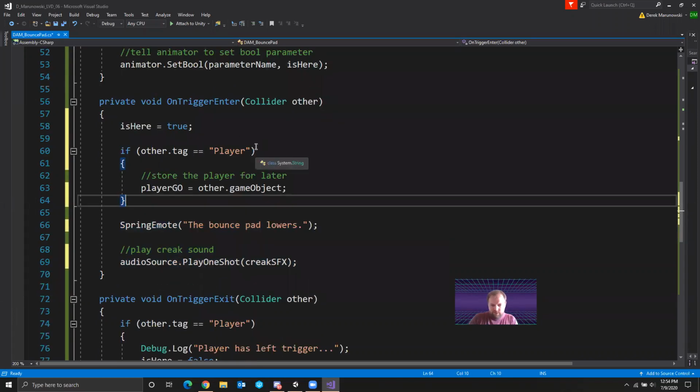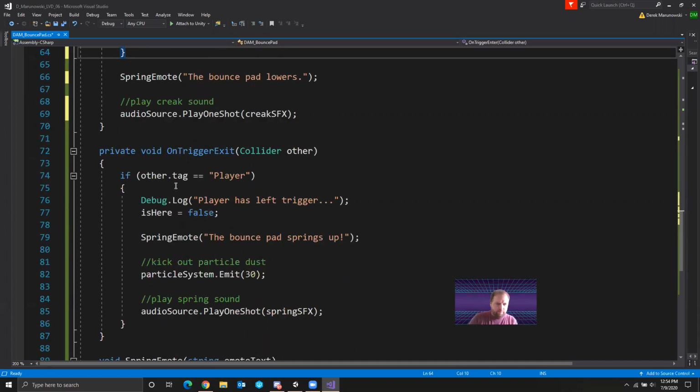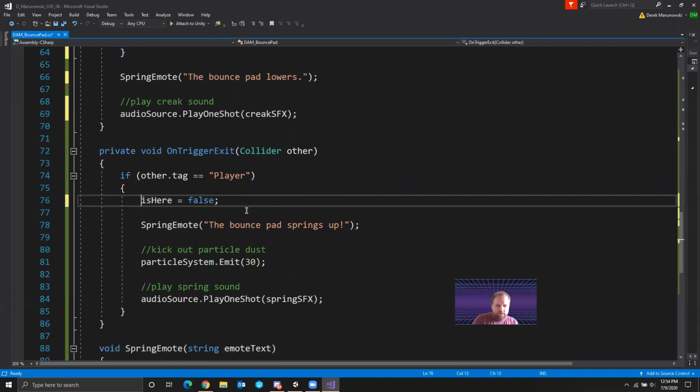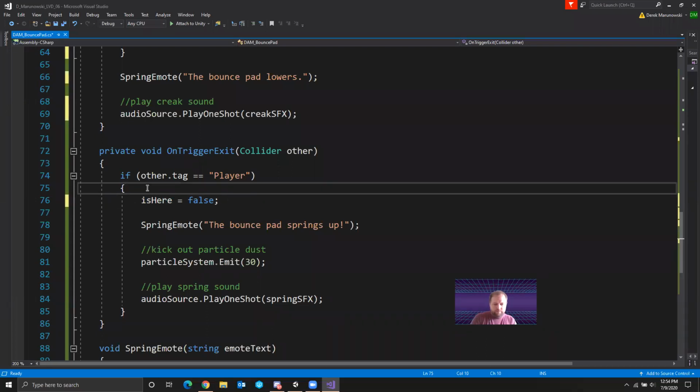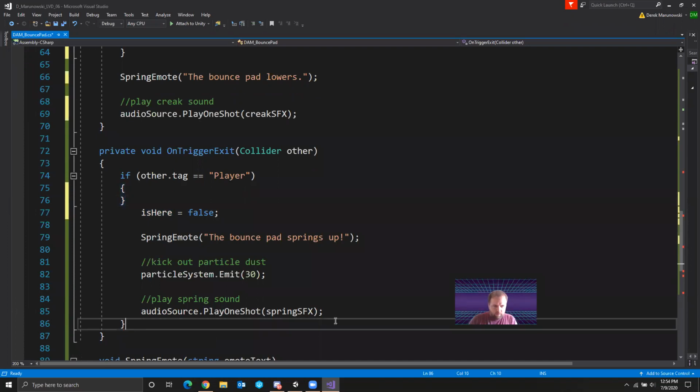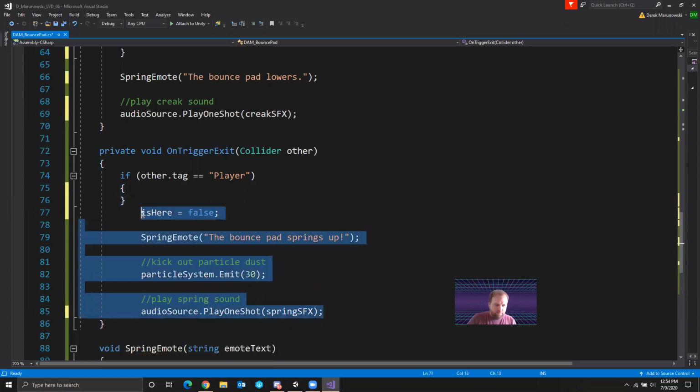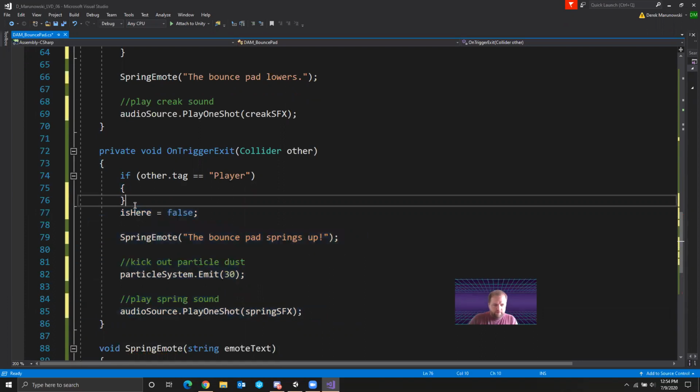So if anything enters this trigger, something's on it, move it down. Okay, so if anything's here, the pad will lower. And if anything exits, the pad will lower. So what I'm going to do is, rather than the player left the trigger, set is here to false. It lowers, plays a sound, etc. But then we're only going to do this. We're going to exit or get rid of the player